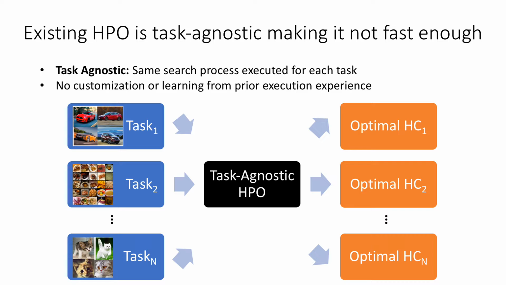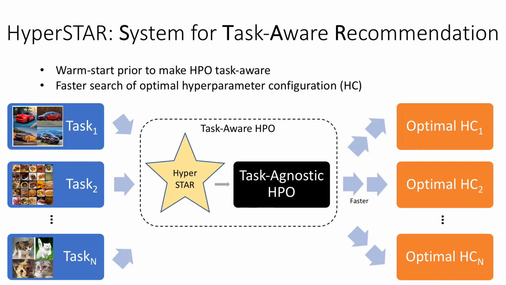However, these existing HPO algorithms are task agnostic because they execute the same search process for each task without any customization or learning from prior experience. This makes them not fast enough for a large set of diverse new tasks. We introduced Hyperstar as a warm start prior to make existing HPO algorithms task-aware to allow faster search of the